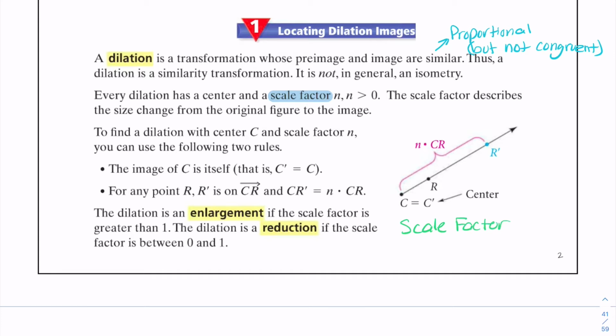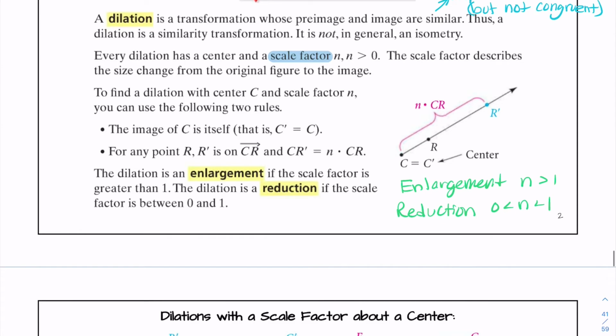Let's write enlargement when n is greater than 1, and reduction is when n is between 0 and 1,